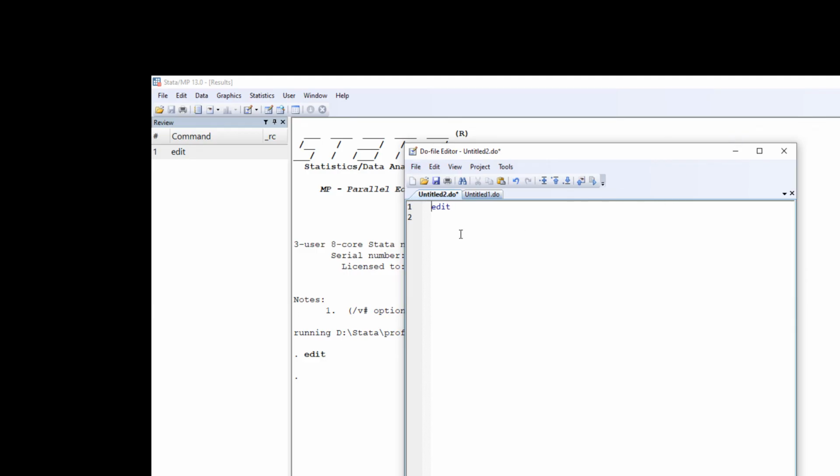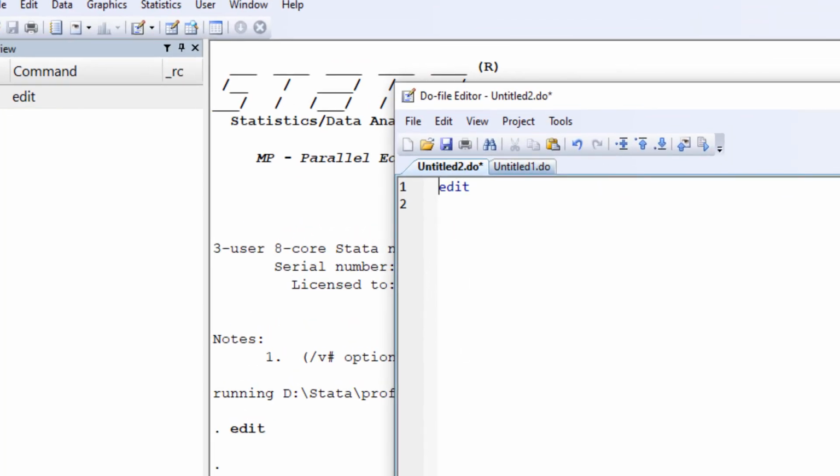So we can again execute any command from the do editor as well as from the command window or from the graphical user interface. So if I select this line and I press on this execute selection, it will again open the data window.